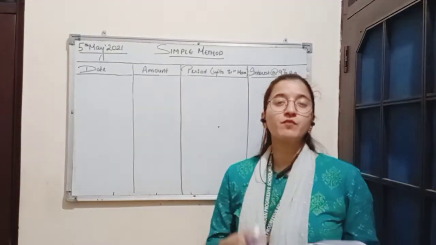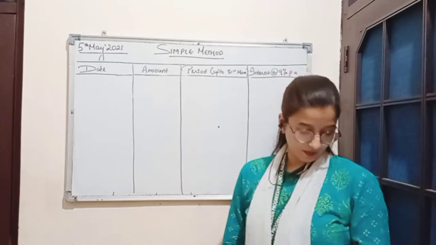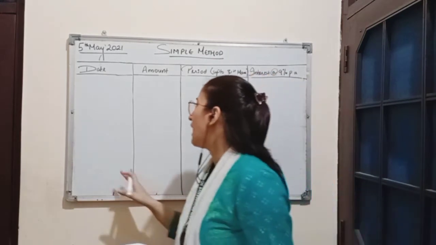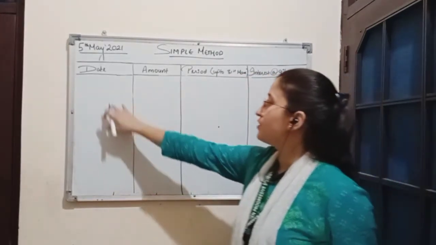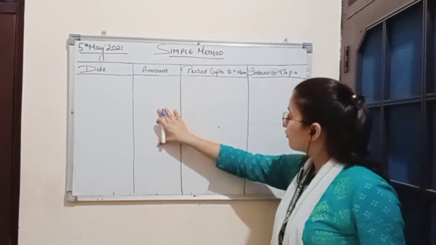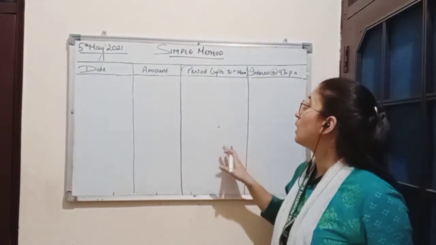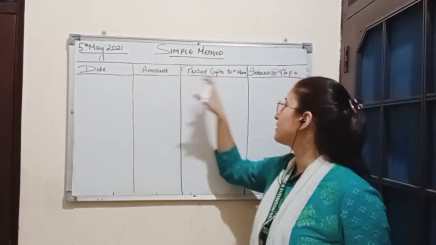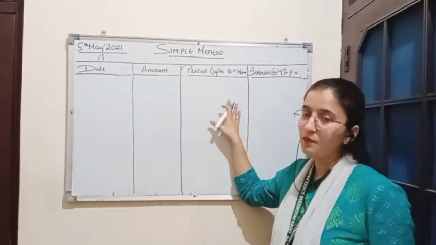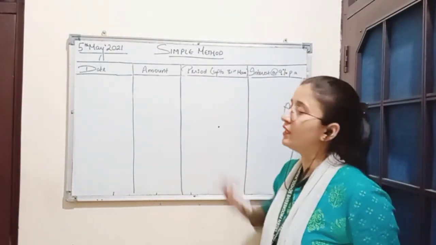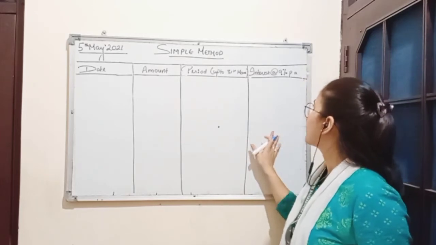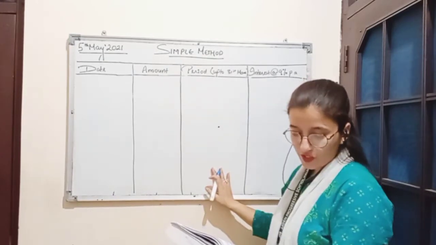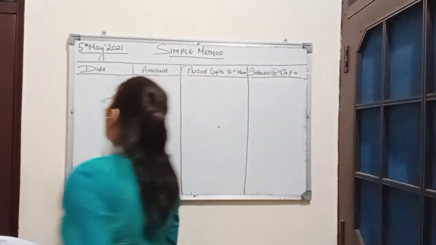So we'll solve this question first by the simple method. For solving this question by simple method, we have to draw 4 columns. First column will be of date, second will be of amount, third will be of period up to 31st March. This means the months from the date of drawings till the date of closure of the accounting period. We have to calculate this as a time period, and then the last column consists of interest at the rate of 9% per annum.